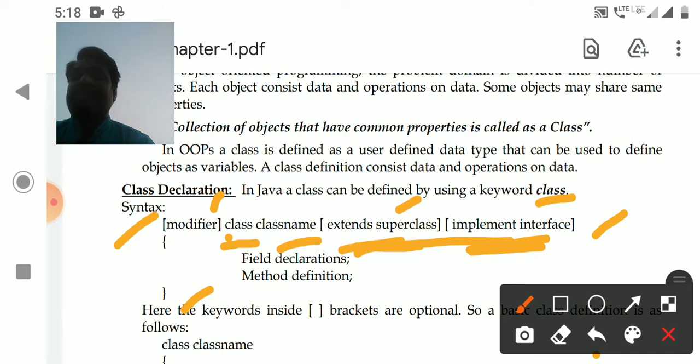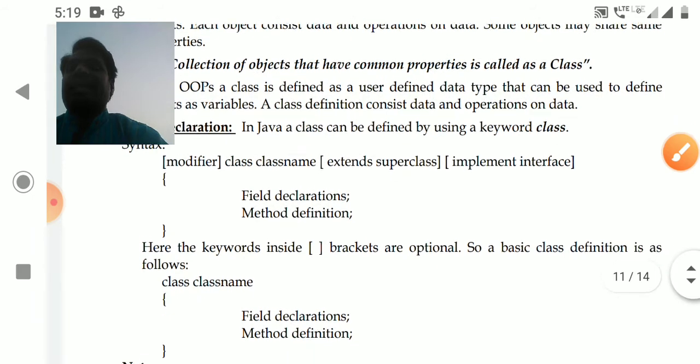What is a modifier? A modifier is either public, private, or protected. This specifies the access specifier. In C++, we used access specifiers only for methods and fields. Here in Java, the class can also be given visibility, which will be discussed later.